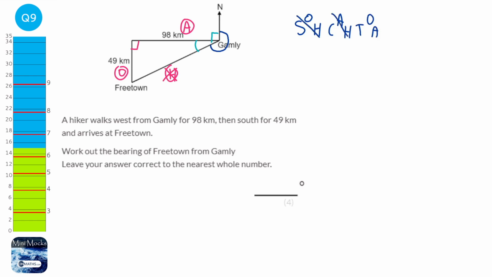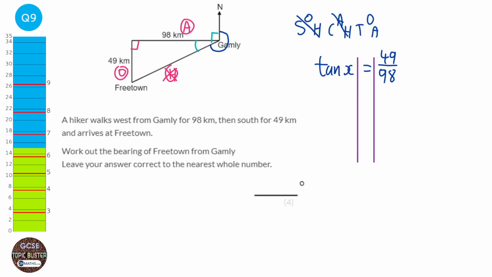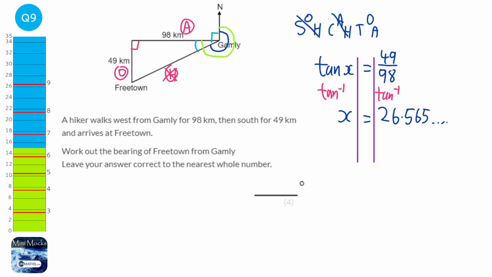And the only one that doesn't have the hypotenuse is TOA, and so we're doing tan x equals the opposite, which is 49 over 98. Get our lines in, and we're going to do the inverse tan to both sides. So we get x equals, and we do inverse tan, which is 26.565... Okay, so we know that the whole of the way around up until this point is